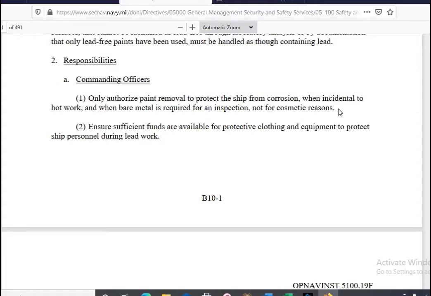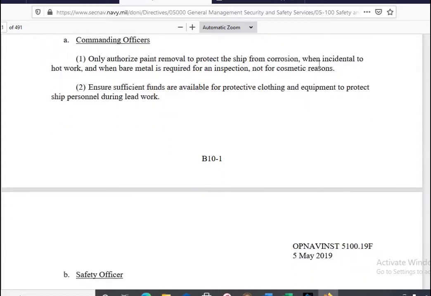That's something that I learned today. I didn't know that. I thought cosmetic was a reason you could repaint, but according to this, you are not allowed to repaint for cosmetic reasons. It has to be for protecting from corrosion, when incidental to hot work, and or bare metal is required for